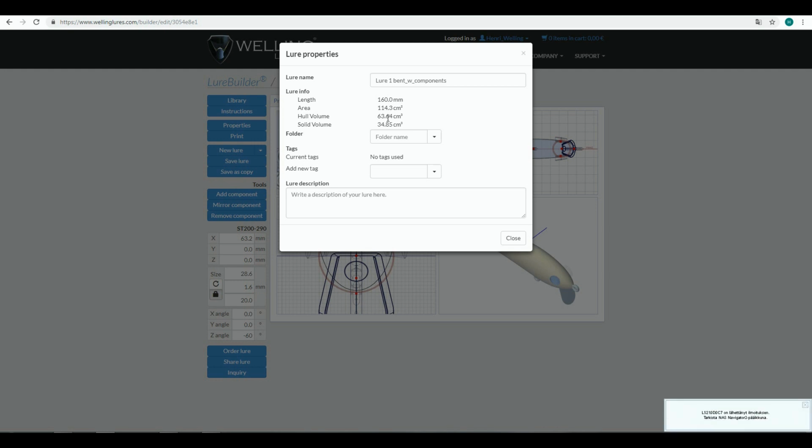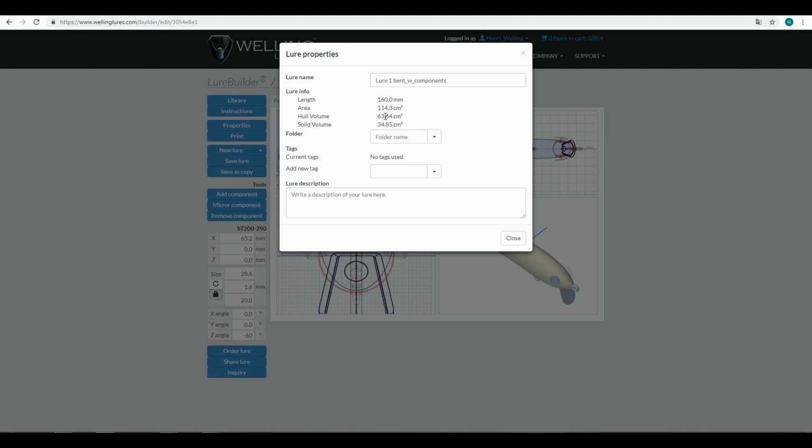Do I want to have a floating lure? Do I want to have a sinking lure? Whatever I would plan to have, this gives me some kind of an idea. And let's say that I would like to get a floating lure, so it would tell me that all the weights that I'm putting into the lure cannot exceed this 63 point something in grams. And to be on the safe side, I could target, for example, a 50 gram weighing lure. If you're doing sinking ones, then it's more important, and especially that neutral buoyancy, you can